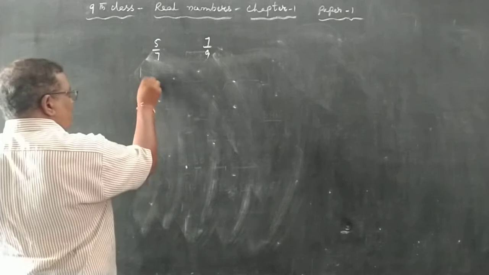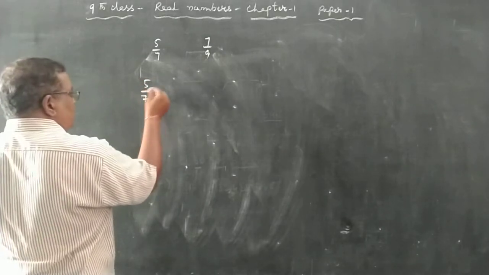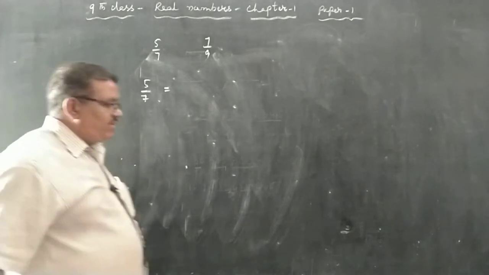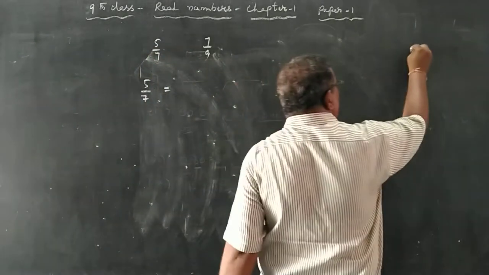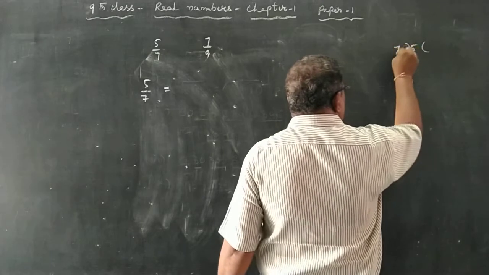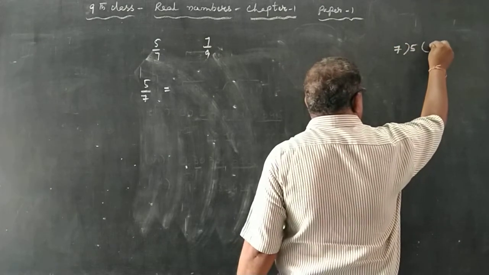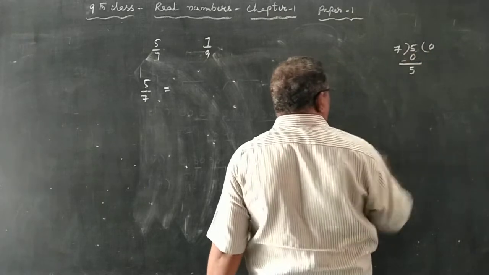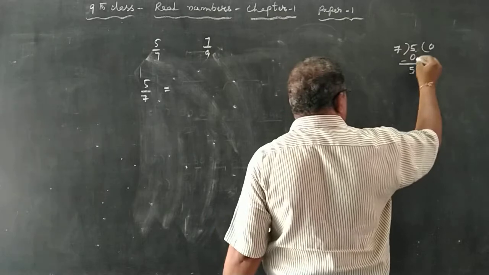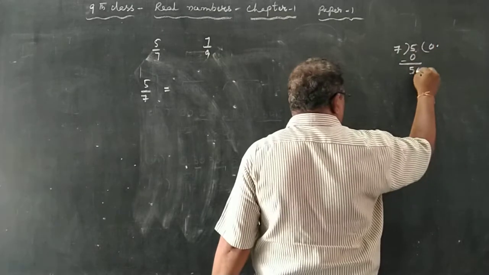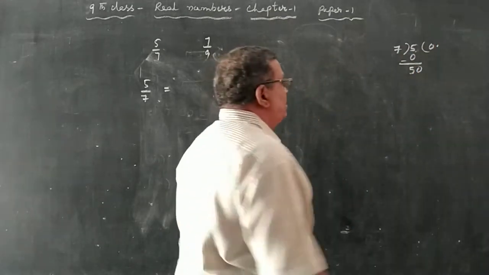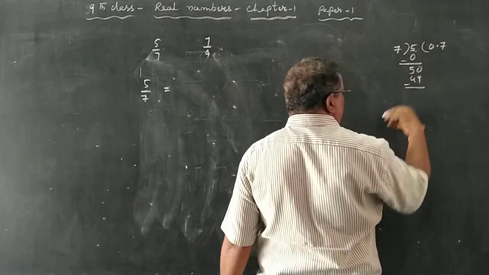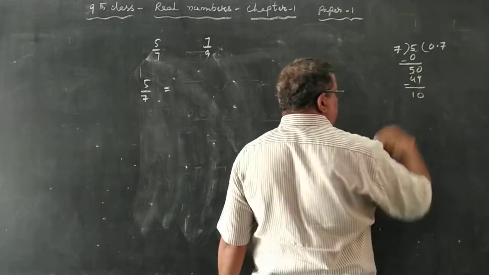First, let us learn the decimal form of 5 by 7. How much will we obtain? 5 by 7: divide 5 by 7. 7 does not go into 5, so 7 zeros are 0. Do subtraction, 5 will be obtained, 7 not gone. So keep the decimal point and replace the 0 here. 7 sevens are 49. Do subtraction, the remainder is 1, and keep 0.